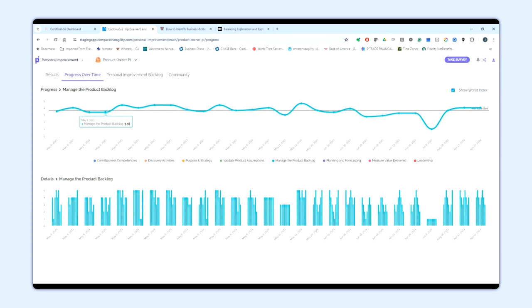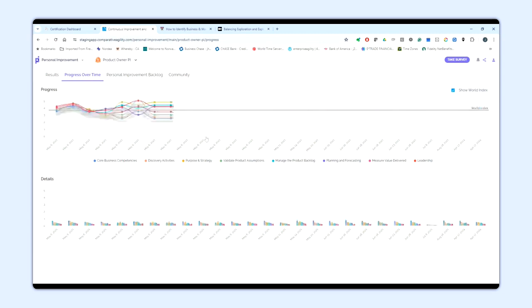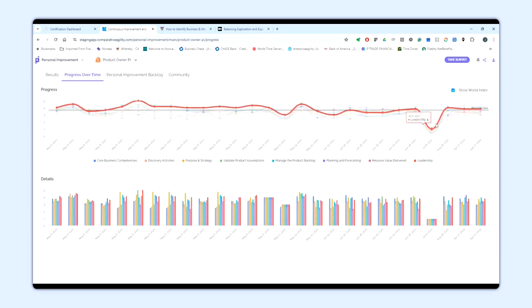Now, we're not doing this to sort of have competition here. It's not about you against the world, but it's good sometimes to have an idea of how you're doing and see that, you know what, others are struggling also at times. It's not quite so simple. Here you can see that this particular person had a little bit of a dip here at somewhere in 2023 for whatever reason. But hey, things are back up again. And yeah, this is a continuous journey. It doesn't end. But that's okay. We keep adding new items to learn from. And then as we do that, we grow in our craft. The personal improvement backlog is